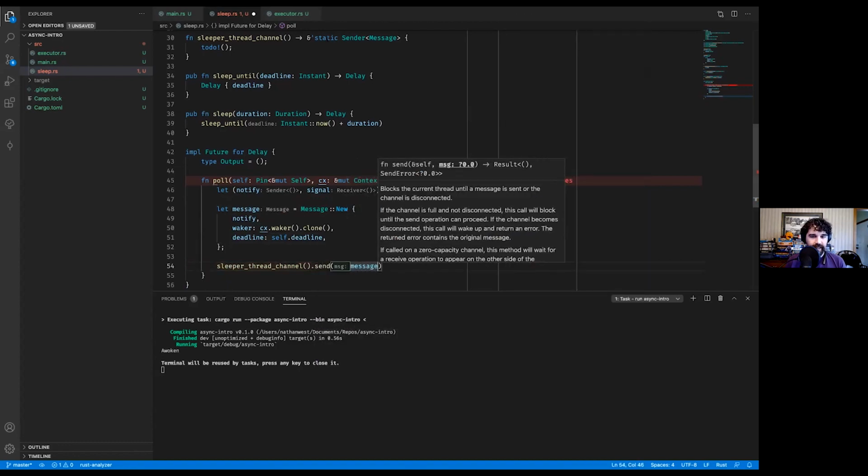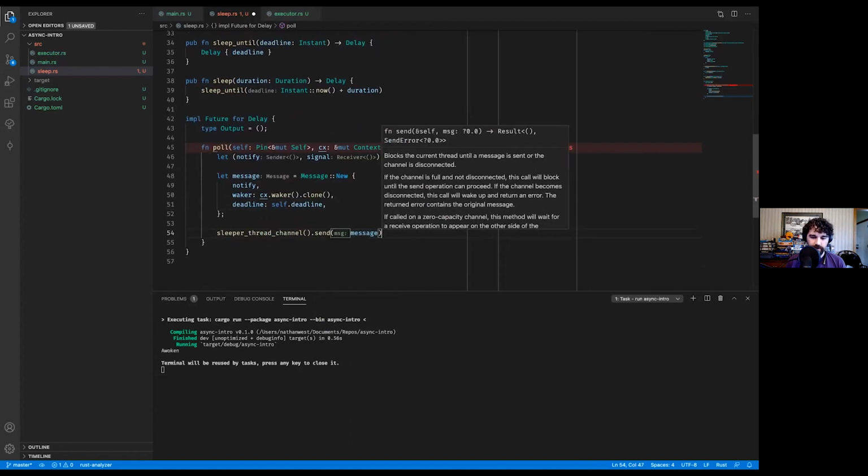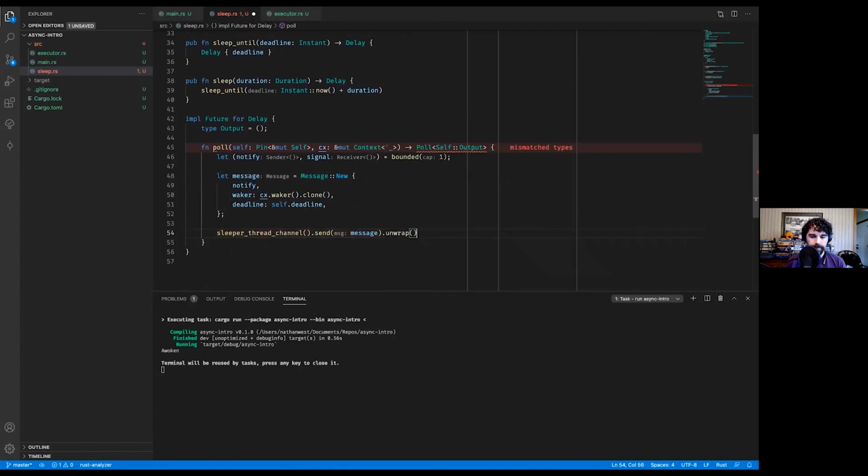And because this is a static reference, the thread should never die. This should never be dropped, which means we can just unwrap it here. Okay, great. So at this point, we've sort of fulfilled the first half of the promise, right? We have promised that when you poll the function, we are going to sleep and we are going to signal this waker when we are ready to be polled again.